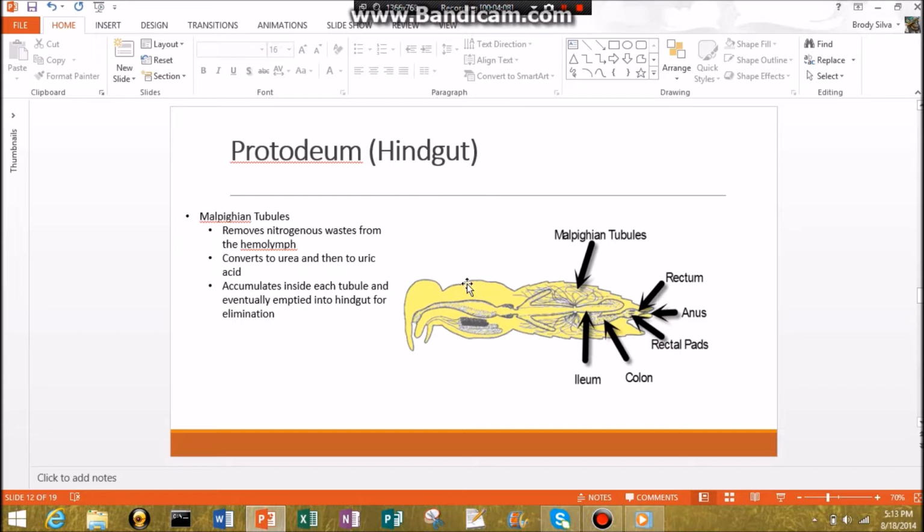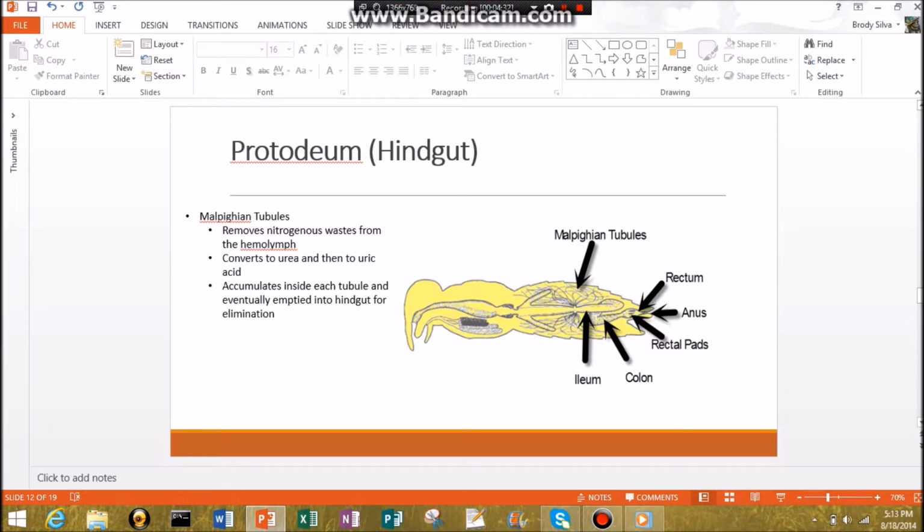And so let's talk about Malpighian tubules. These are a bunch of little tubes right here. Yes, all those wiry tubes that you see in every picture. They remove nitrogenous waste from the hemolymph, essentially excrement, converts things to urea and then uric acid, and accumulates inside each tubule and eventually emptied in the hindgut for